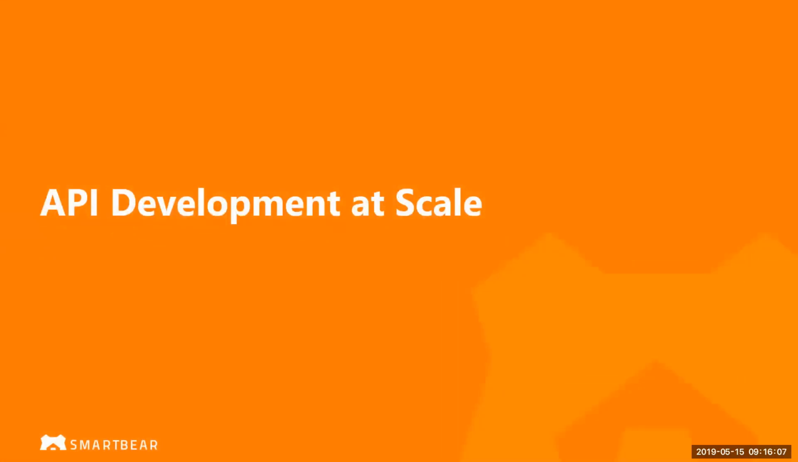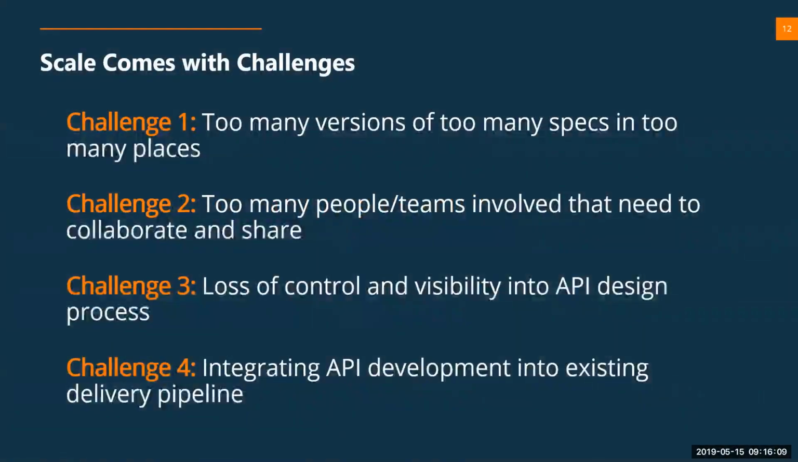Okay, so let's talk about API development at scale. What are the challenges around API development and scaling, Joe? When you're scaling up any development effort, that's going to come with challenges. You've got four challenges here. Challenge 1, you might have too many versions of too many specs in too many places. Challenge 2, too many people or teams involved that need to collaborate and share. Challenge 3 might be the loss of control and visibility into the API design process. And challenge 4 is how do we integrate our API development into an existing delivery pipeline,